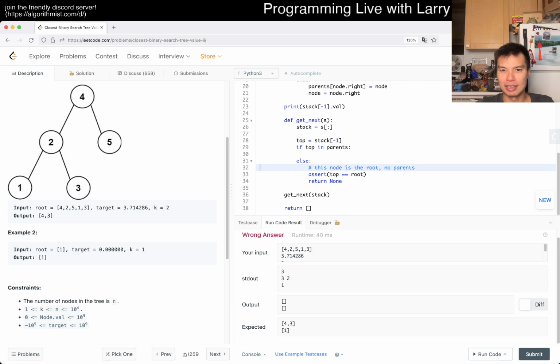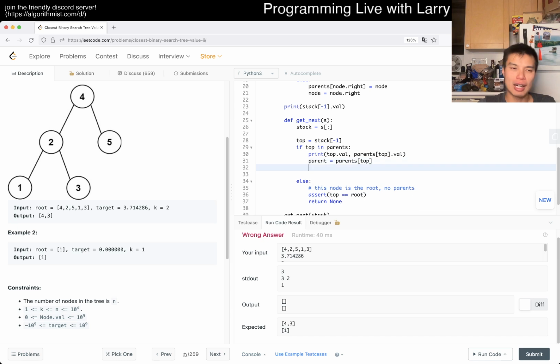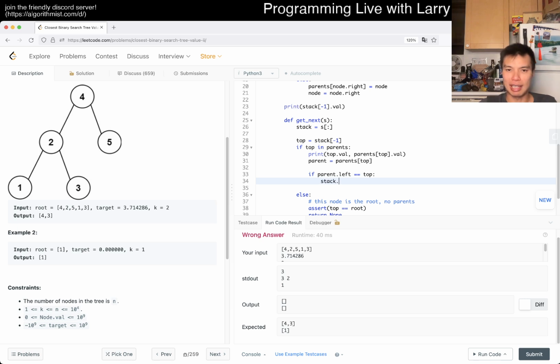And then here, that means that we can get to the parent, right? So parent is equal to top of parents top, and then now we can check if parent.left is equal to top. What does that mean? That means that we can go to the right, right? So then now we stack that pop. Well, the next value is actually parent, right? So then now we stack that pop,